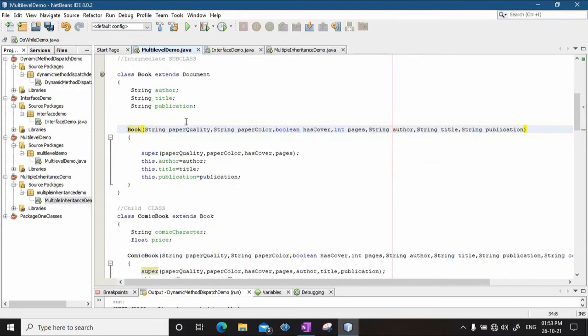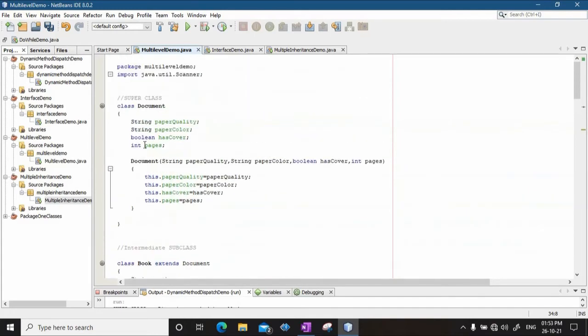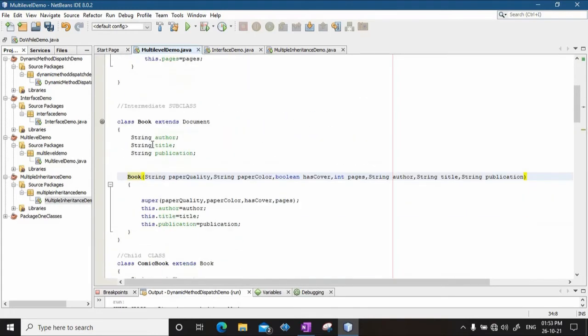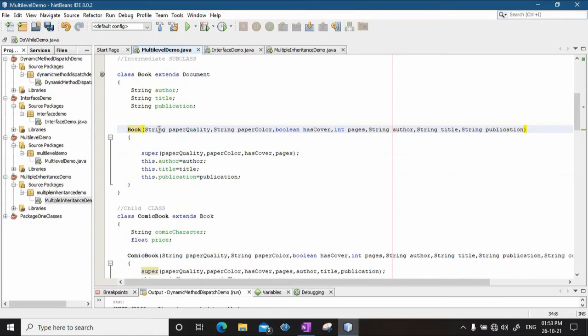It will first have the 4 attributes of the document class inherited: paper quality, paper color, has cover and pages. These are 4 attributes inherited from the superclass document, whereas author, title and publication are attributes of its own.